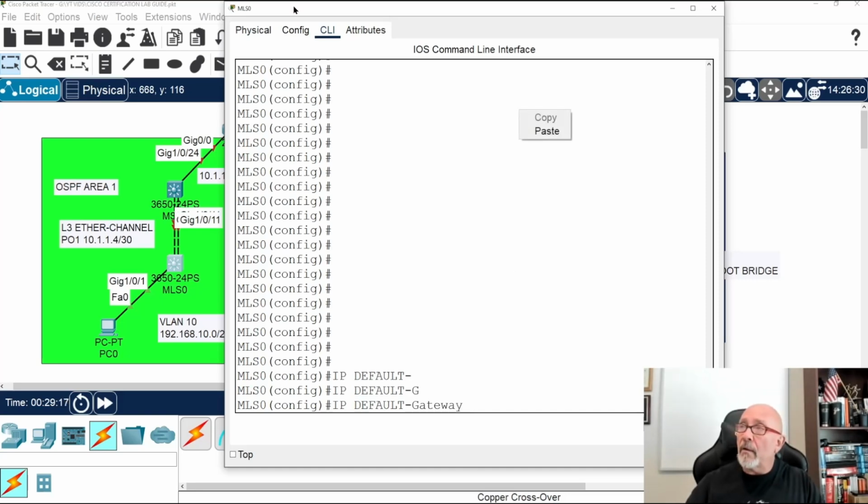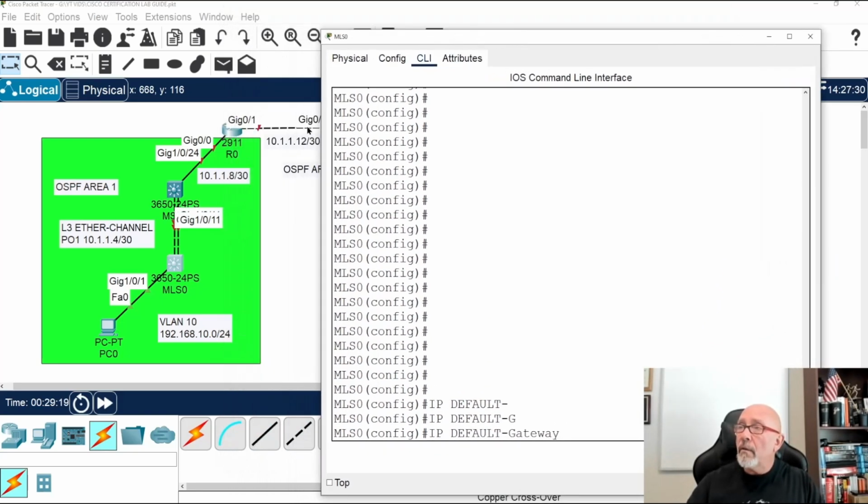Whatever IP address I'm going to give this router right here, which is in the 10.1.1.8, this is going to be my 10.1.1.10. And really, it's not my default gateway. It's going to be this switch right here to get to the other side. So you can add a default gateway so you can access it. I can put it as this switch if I wanted to, but I'm not going to do that. I'm going to keep things simple.